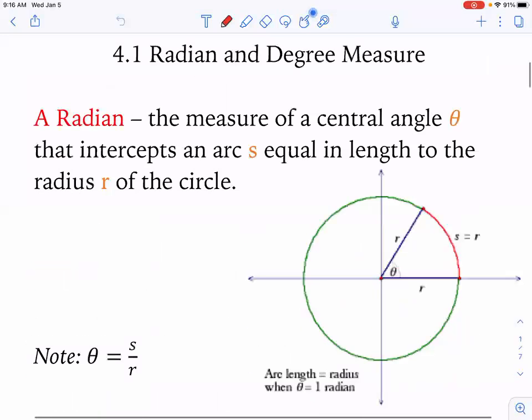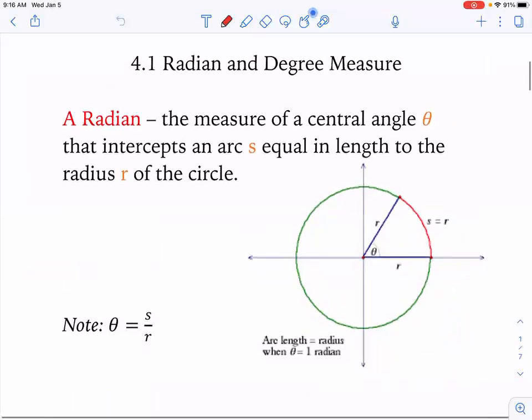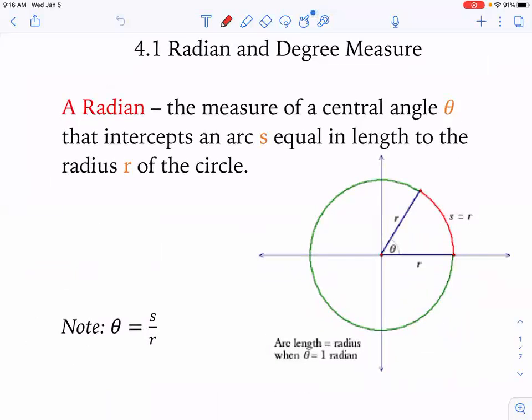Let's get to it. Today we are going to talk about radian and degree measure. This should be like a, oh yeah, from Algebra 2. Okay, so we are going to talk about measuring angles. You are very comfortable with degrees. By the end of this chapter, well, by the end of third quarter, you're going to be super comfortable with